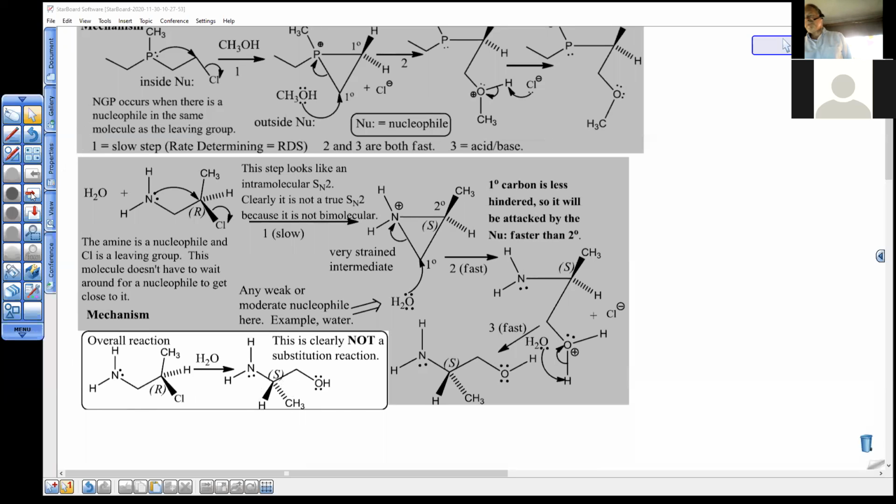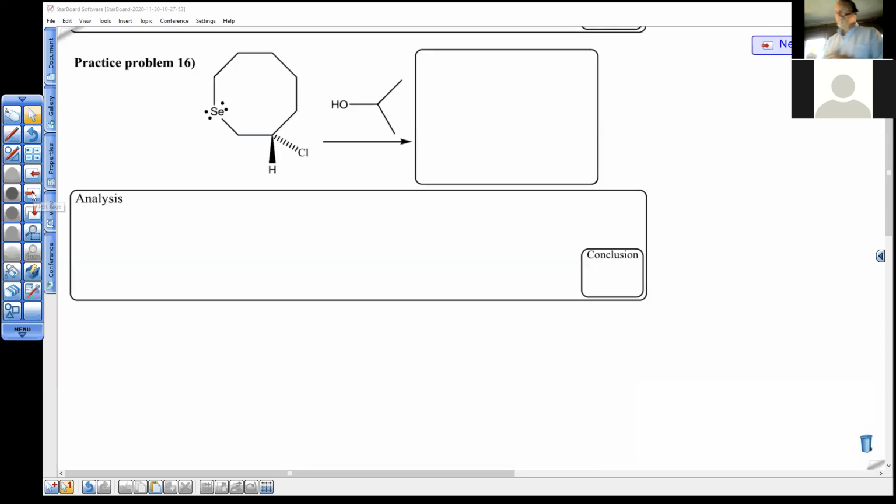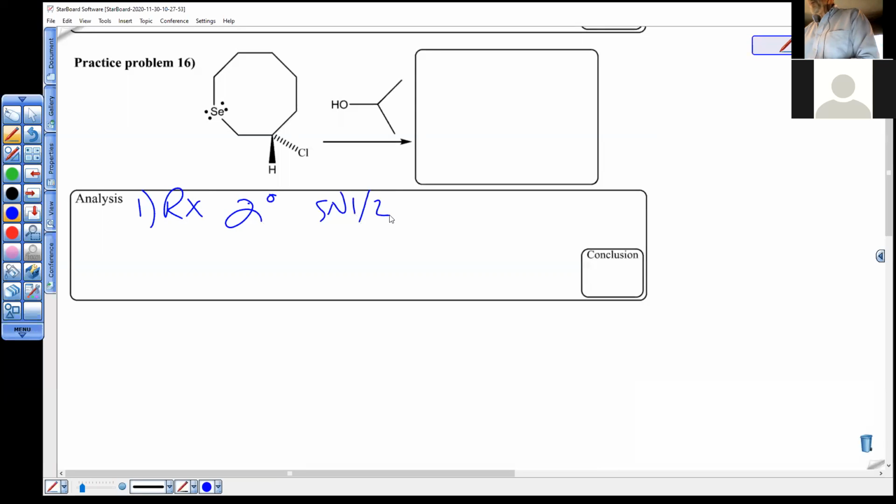So let's put it to use on a test type question. I stole one from the book here. What we have in our analysis is always carbon with the leaving group. Secondary, we don't know if it's SN1 or 2. We do realize, though, the carbon with the leaving group is in the molecule that has a nucleophile as well. We could add that as like a sentence here, but